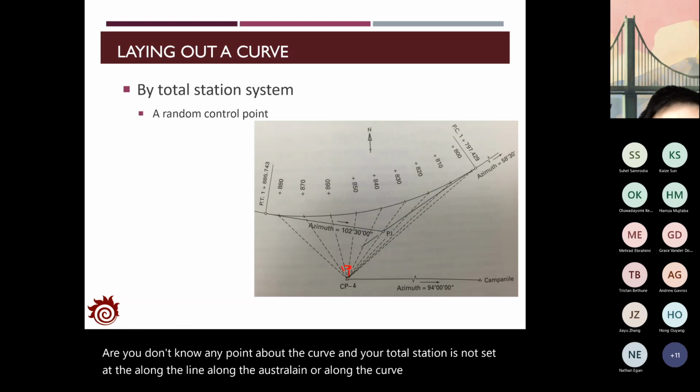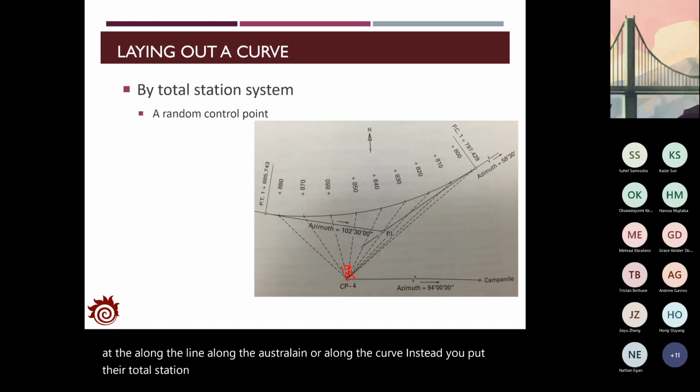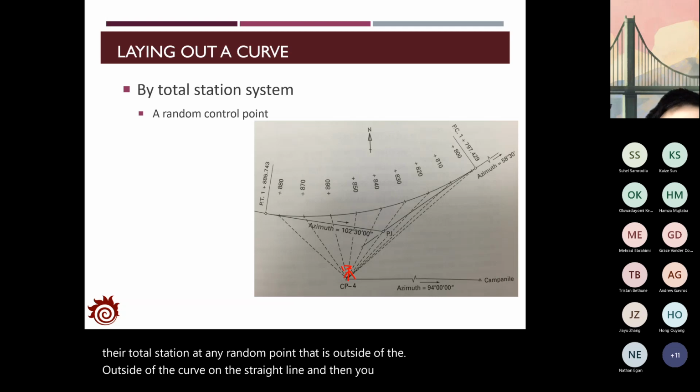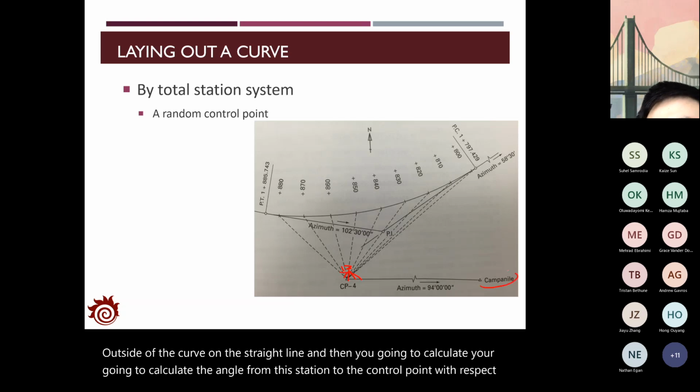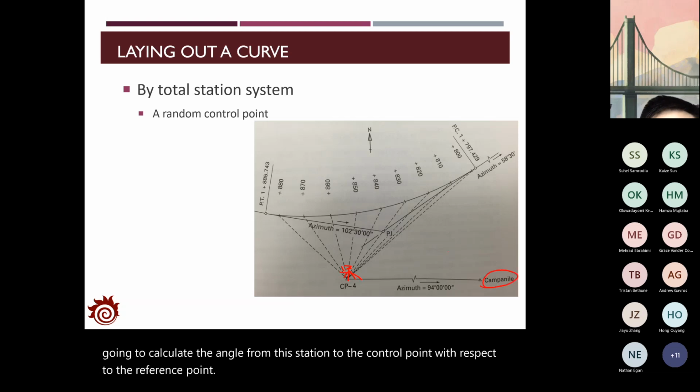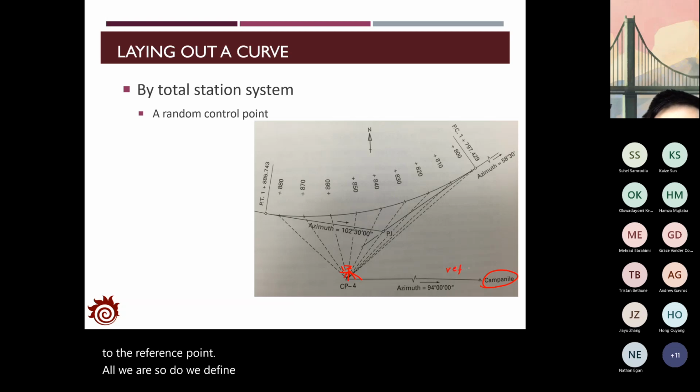Instead, you put the total station at any random point that is outside of the curve or the straight line, and then you calculate the angle from the station to the control point with respect to the reference point. Or we define this one as the reference line, sorry. So we find out the angle with respect to the reference line,